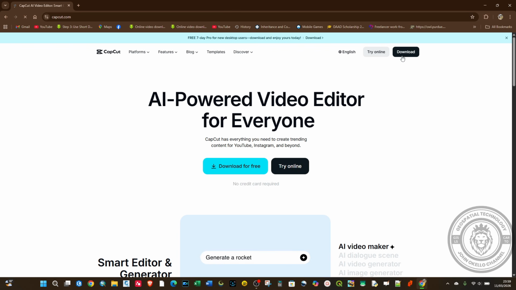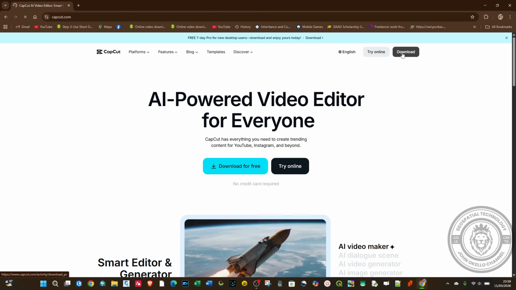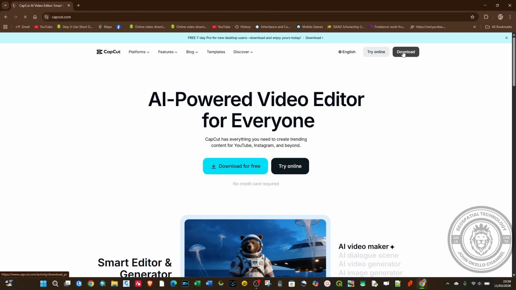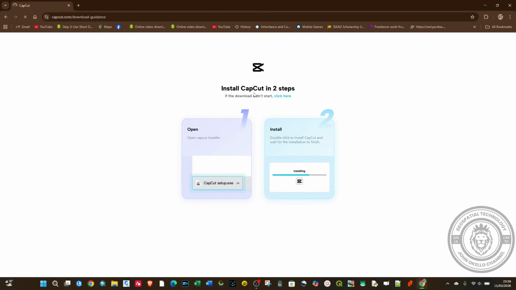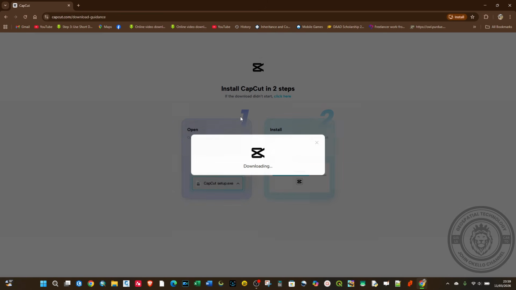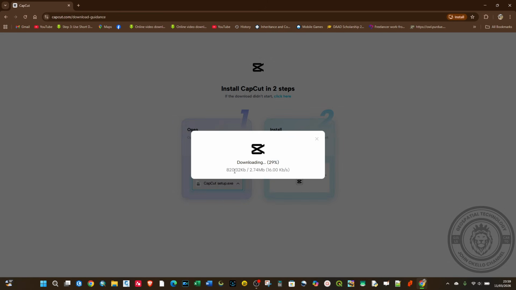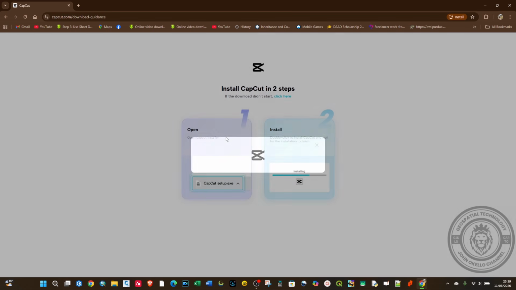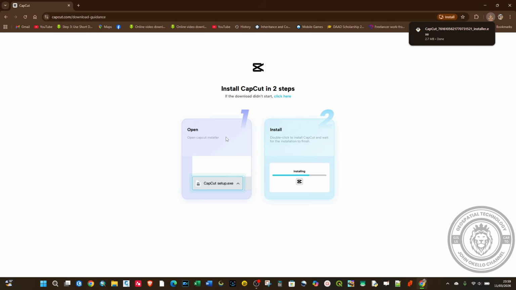up above here you can see the download button. Just click on the download right here, and of course it's going to download, showing how the process is going on. And then when the process is complete, you can check it out up above here and click here, or